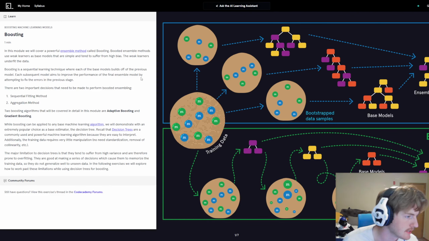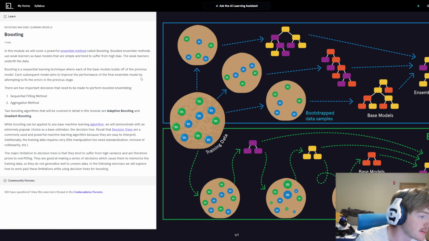Without further ado, boosting. In this module, we'll cover a powerful ensemble method called boosting. Boosted ensemble methods use weaker learners as base models that are simple and tend to suffer from high bias. The weak learners underfit the data. Boosting is a sequential learning technique where each of the base models builds off the previous model. Each subsequent model aims to improve the performance of the final ensemble model by attempting to fix the errors